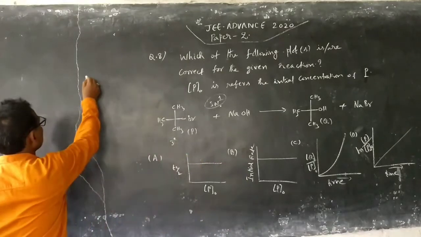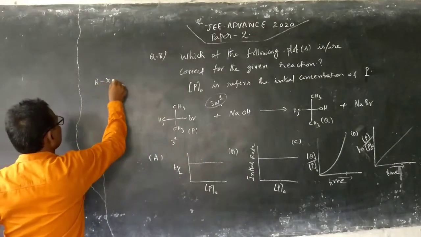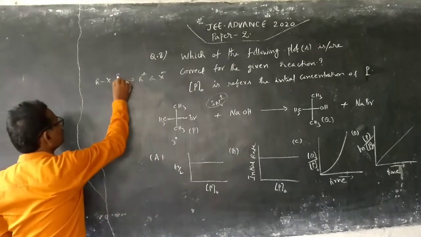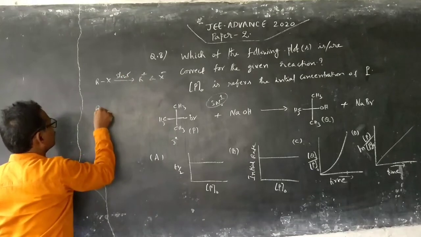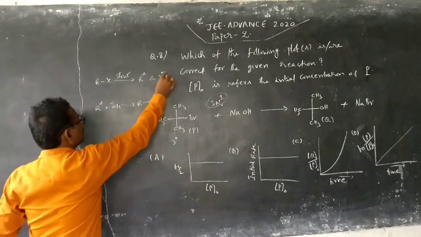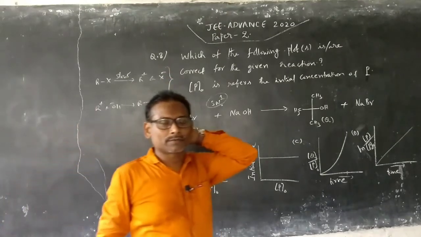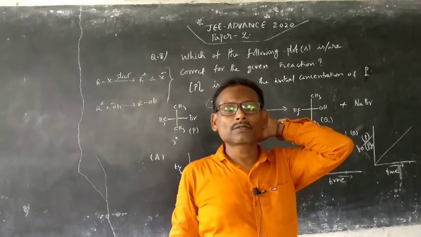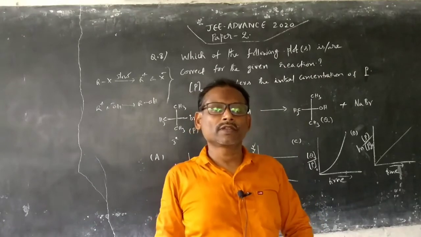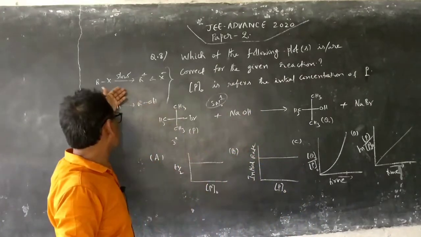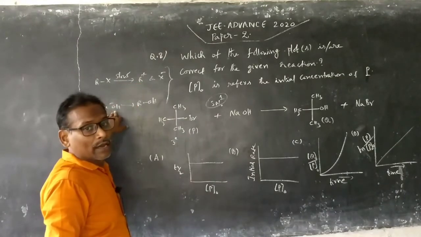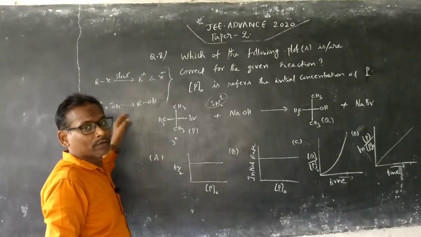What does it mean? If we take RX, it first breaks up into R+ and X−, and this is normally the slow step. Further, a nucleophile like OH− is added to R+ and we get ROH. So this mechanism involves two steps, and the first step is the slowest. The first step is ionization of the alkyl halide to form the carbocation. The next is addition of the nucleophile to the carbocation to give the product.